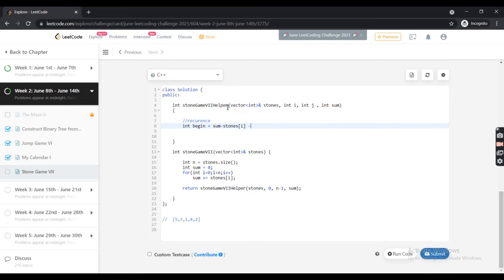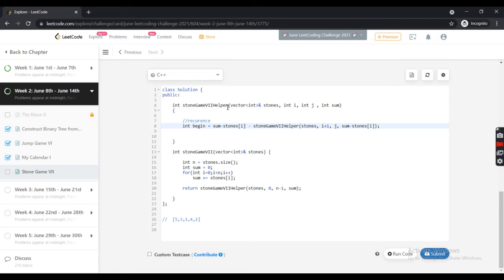So what is the scope for the other player to play is that it can start from i plus 1 till j with sum minus stones of i.